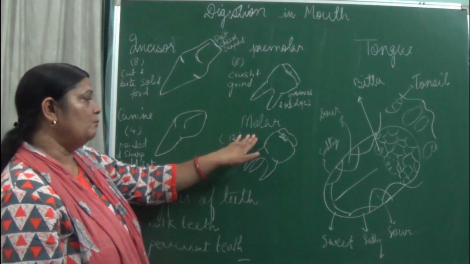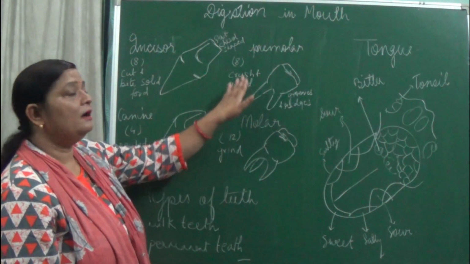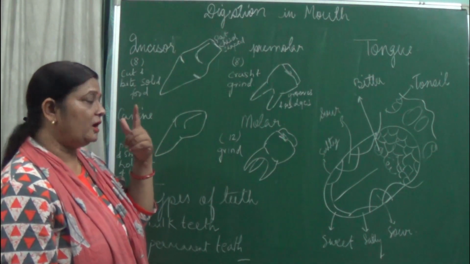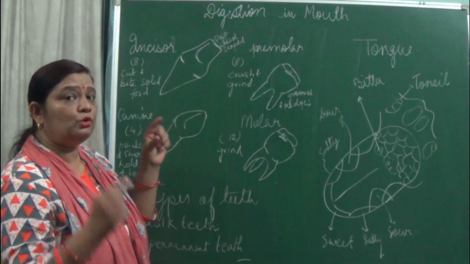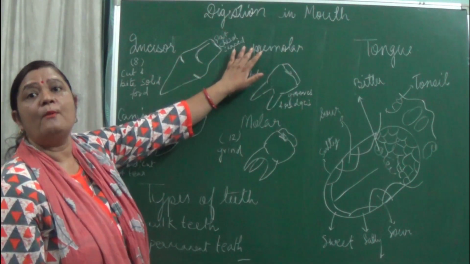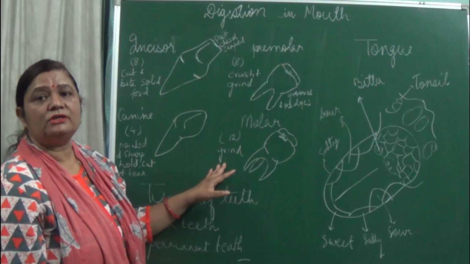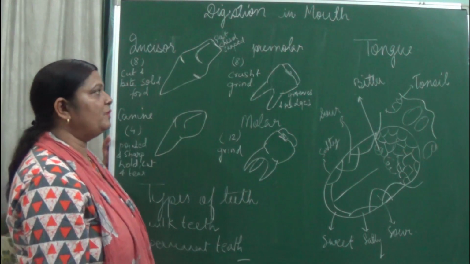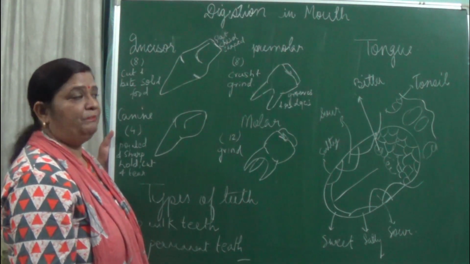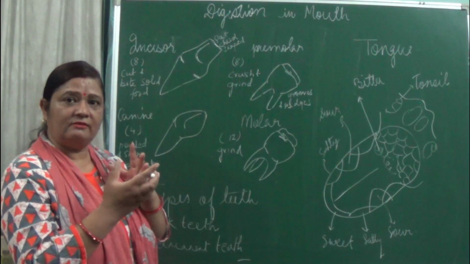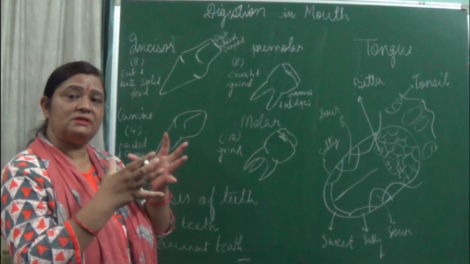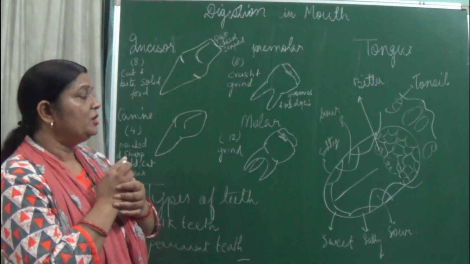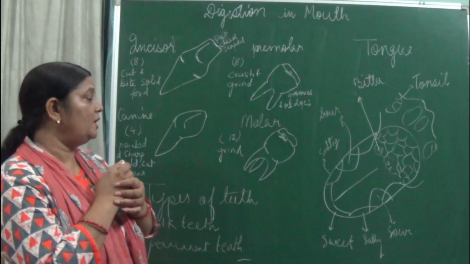Coming to the molars. Molars are bigger than the premolars. They are 12 in number, 6 on the upper jaw and 6 in the lower, 3 arranged at the sides of the premolars. Their function is to grind the food. These are the 4 types of teeth which participate in totally crushing and grinding the food. Cutting big pieces of food into smaller pieces and grinding them is known as mastication. So the function of the teeth is mastication of the food.